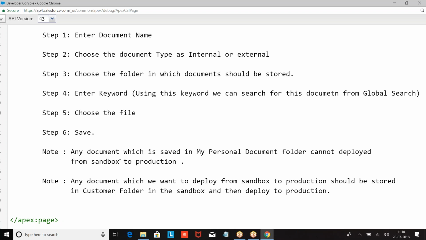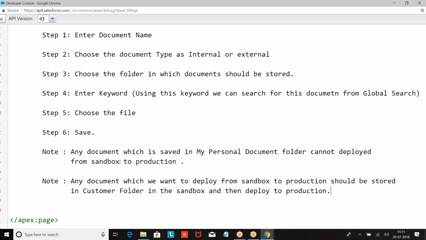Now, let us go to the next one. This is all about document. Now, what is the purpose of this concept? If you want to build any application, the application will have a logo. To create that logo, we have seen how to upload the documents. So how to upload the logo is taught by the document concept. If you upload the logo as a document, later on when you are building your own application, I can choose one of the document files as my logo.